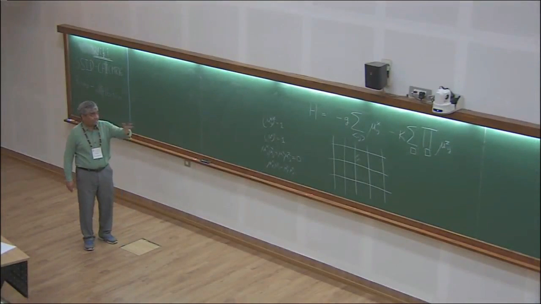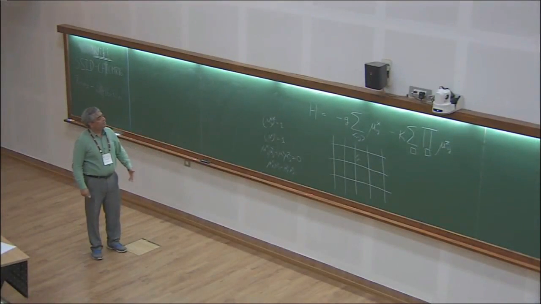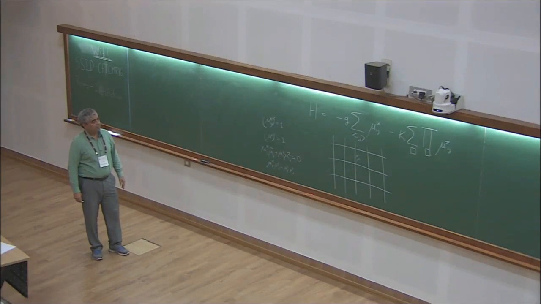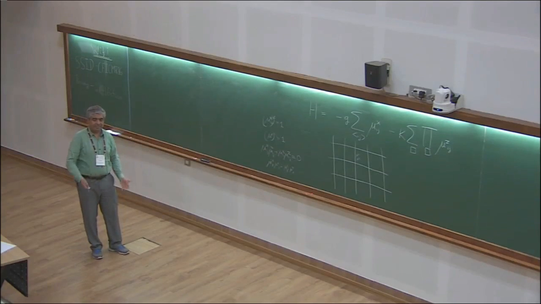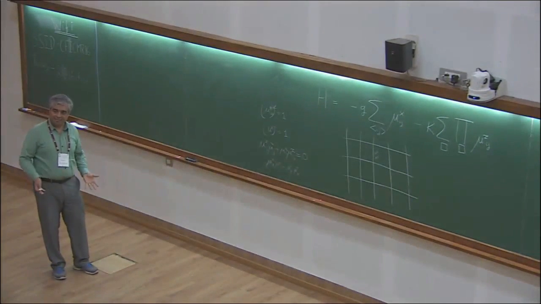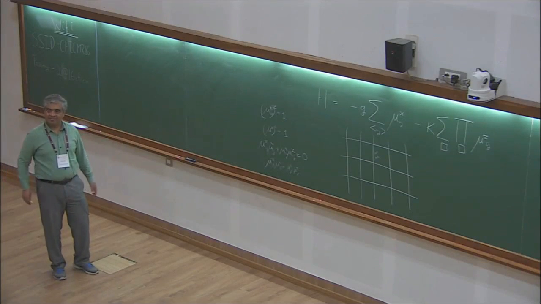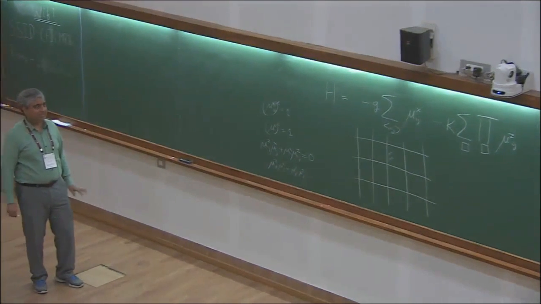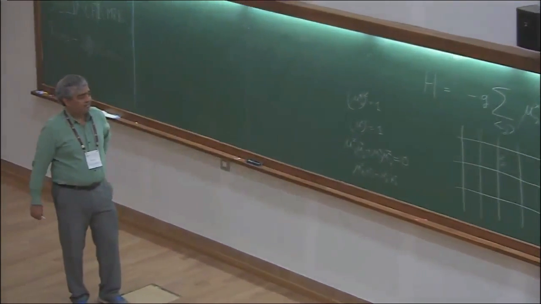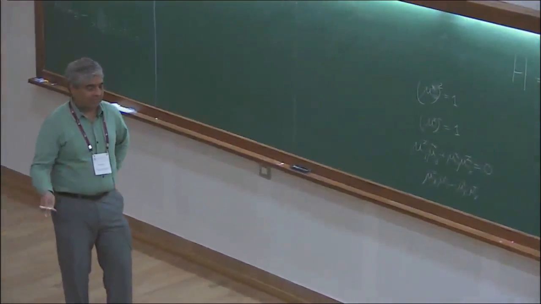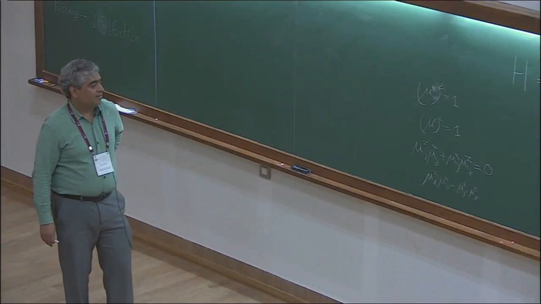Okay? So this is what's called the Z2 gauge theory. It's not exactly solvable, but we can do perturbation theory in it. And it has two phases. There's a confining phase and a deconfined phase, which are the analog, respectively, of quark confinement in QCD and free electric charges in electromagnetism. And it also has a phase transition between them.